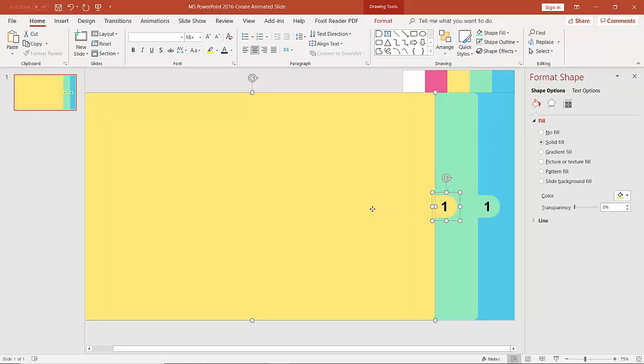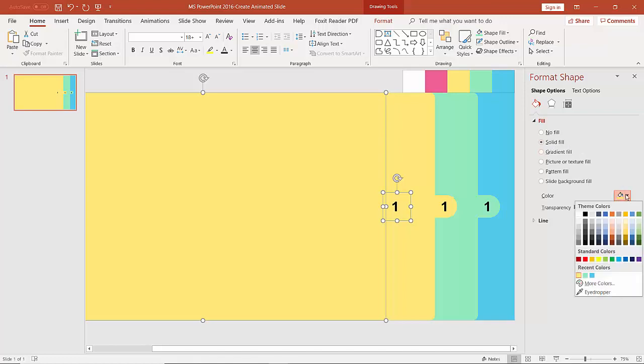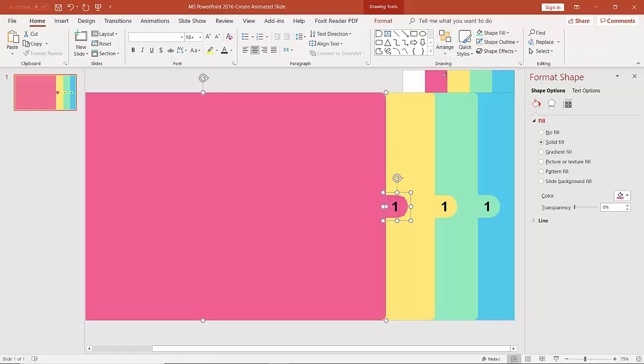Okay, similarly we can again hold down Ctrl and Shift together and we can drag it like this. Perfect. Then we can change the background, so we are again going to our format shape, then solid fill, and then we are going to click on this option, and then we can choose eyedropper and we can select a color from here. Okay, so now that we have defined this color over here,